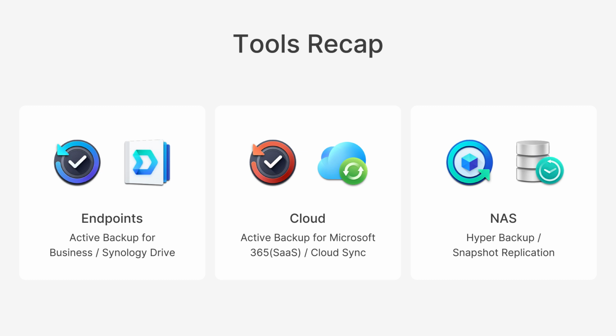And for Snapshot Replication, that would allow you to replicate your Active Backup for Business data or any other file server data, for example, to a secondary Synology NAS that you could fail over to in case anything happens to the primary site. Another honorable mention is Synology's High Availability, allowing you to add in two identical units and physically connect them with a heartbeat connection. These two units will act as one, and if one goes down, the other one can stand in and provide services. So you want to utilize Synology's High Availability along with these 3-2-1 backup strategies to provide those critical services and give you the most uptime possible in your Synology ecosystem.